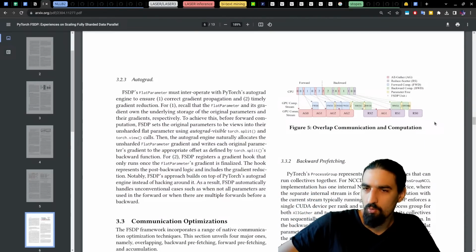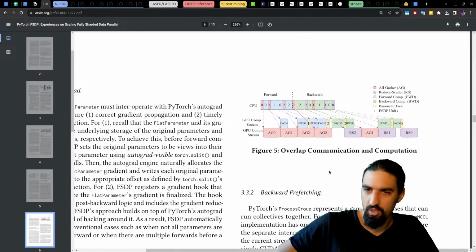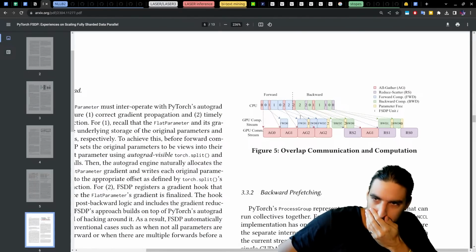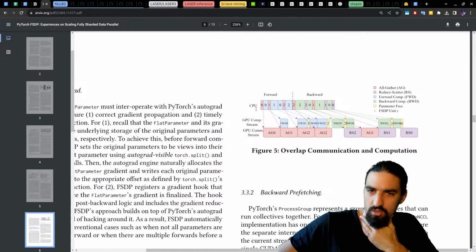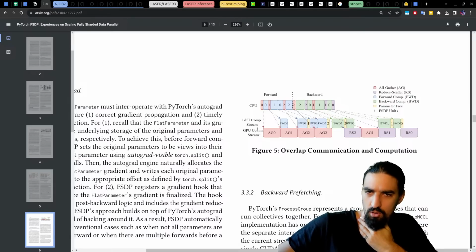And then overlap communication and computation. So here is how it looks on the CPU, and I guess on the GPU. GPU stream sending data to the GPU from the CPU.